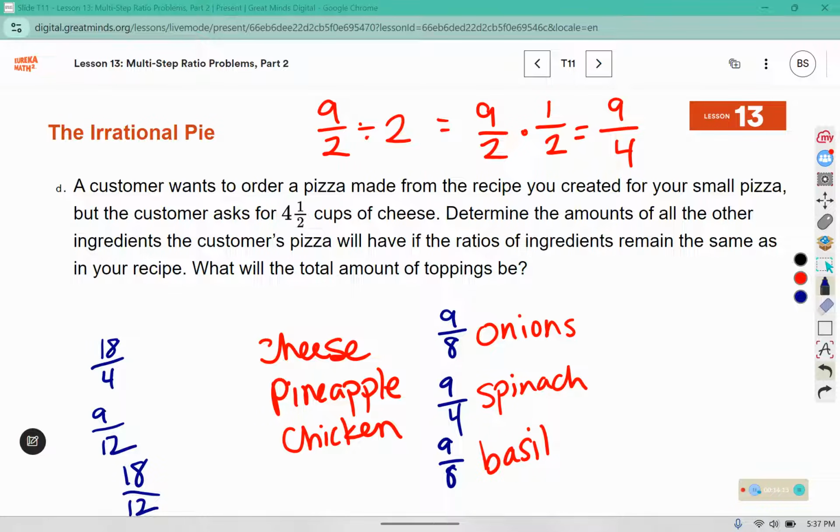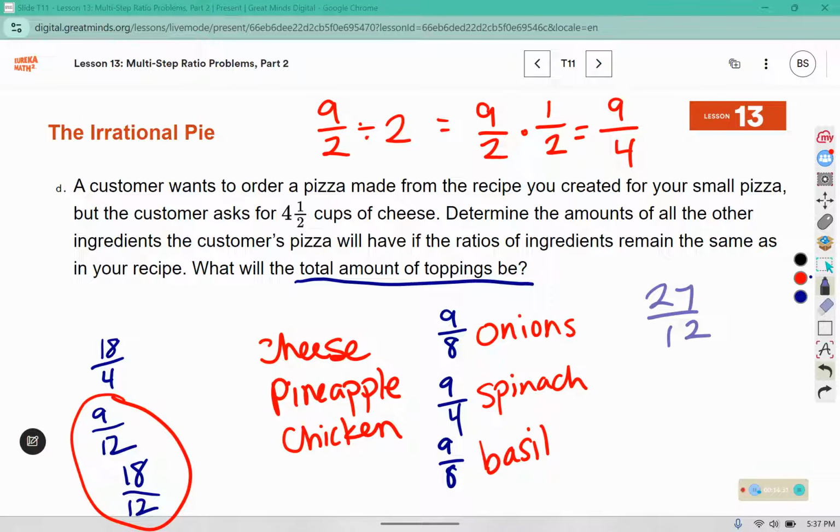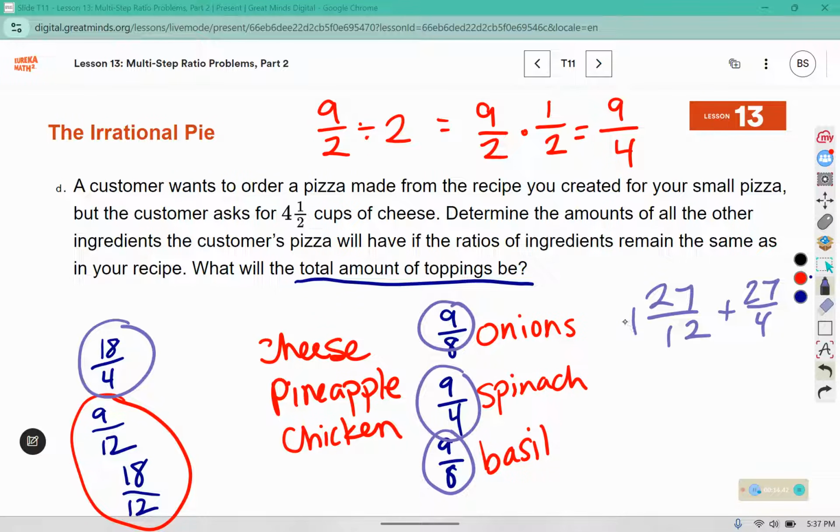Now we need to combine them all to figure out the total amount for the toppings. I'm going to start by combining the ones that have the same denominator. So since these both have 12s in the denominator, I'm going to add those ones first. 9 plus 18 is 27/12. Then I have 18/4 and 9/4, which makes 27/4. And 9/8 and 9/8, which makes